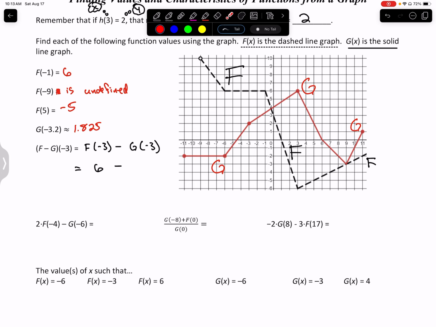And I go back to my graph, g of negative 3, that has a y value of 2. So this is 6 minus 2, which is 4. So f minus g